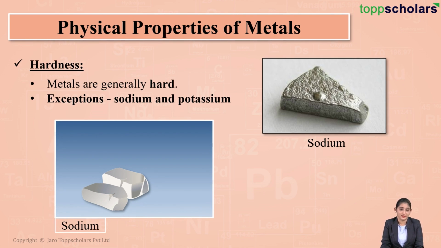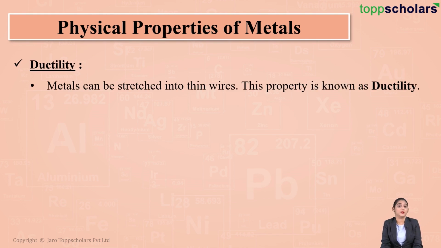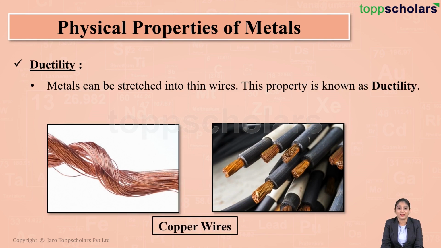They are soft metals. The next physical property is ductility. And what do we mean by ductility? Ductility is the property by which a metal can be easily drawn into wires. And this property is exhibited by metals. Metals can be easily stretched into thin wires. For example, copper wires. Copper wires are widely used in electric cables, right? And copper is a